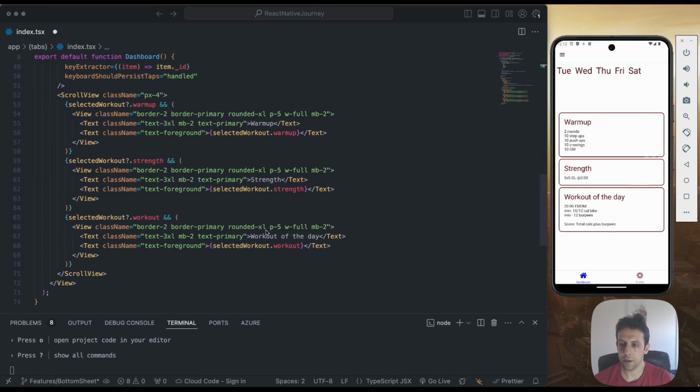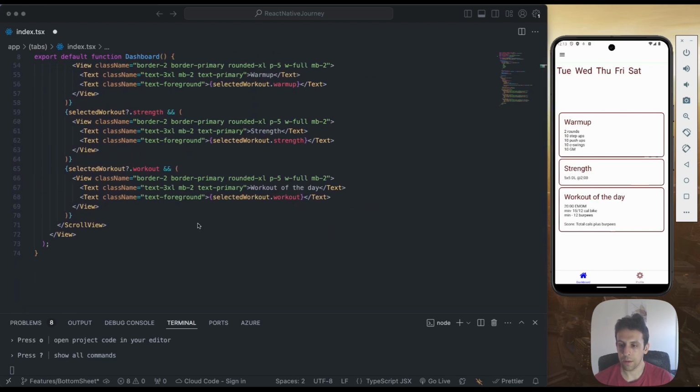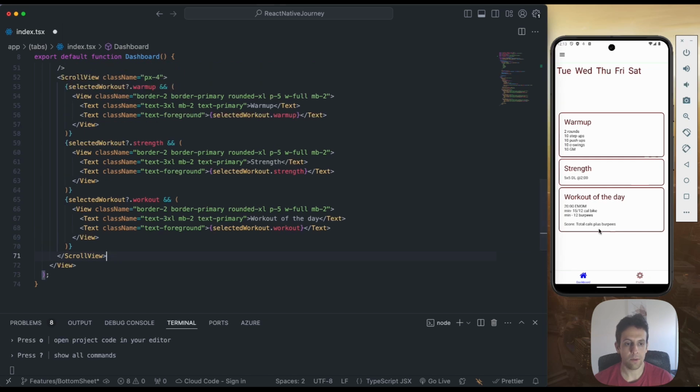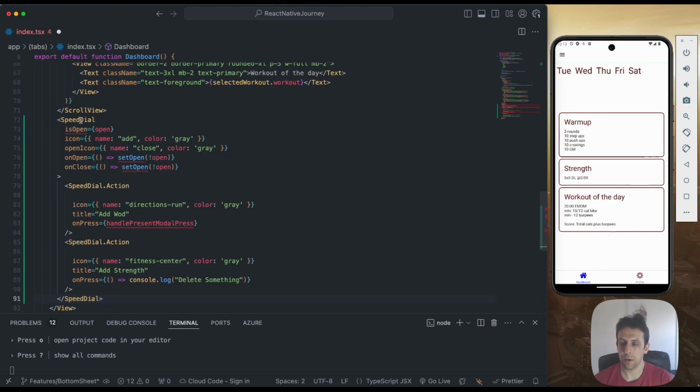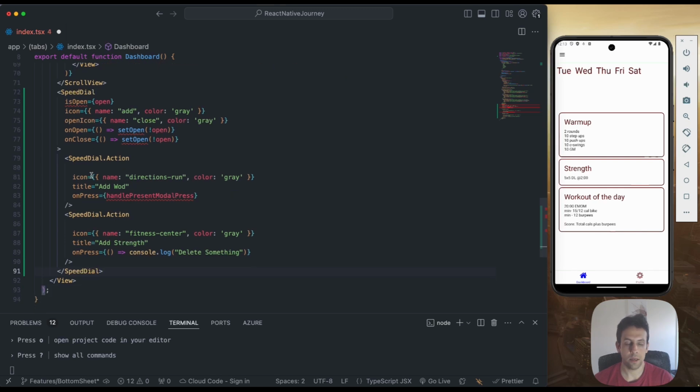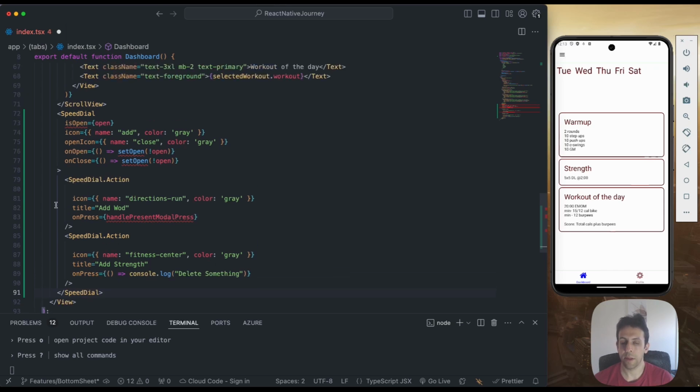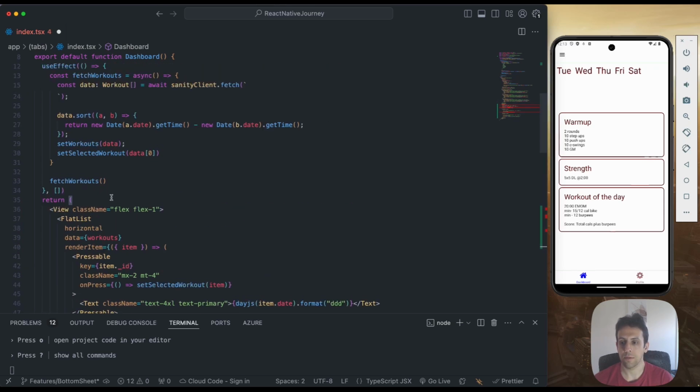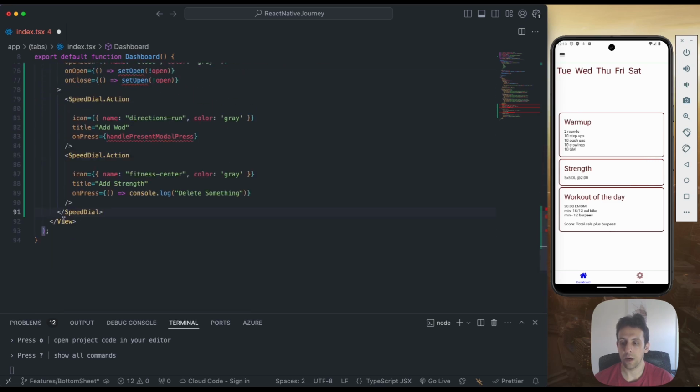Let's see, and you can add that basically outside your scroll view, this scroll view that I have over here, to show all the data that I have. Depending on your application, you might want to make sure that you have this also set up correctly. This can be really outside, just inside the view that you have for the whole screen. For example, this screen that I have, this view, and then just towards the bottom of this view,